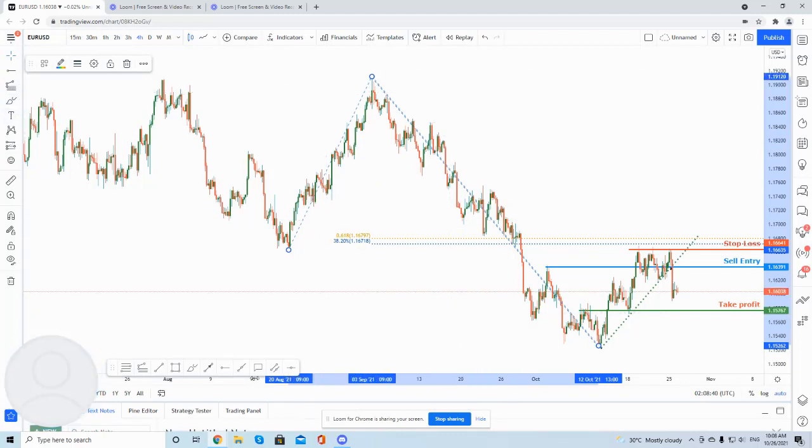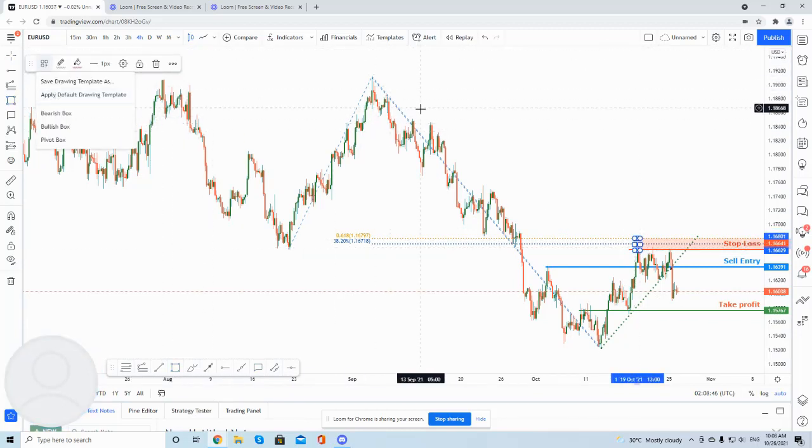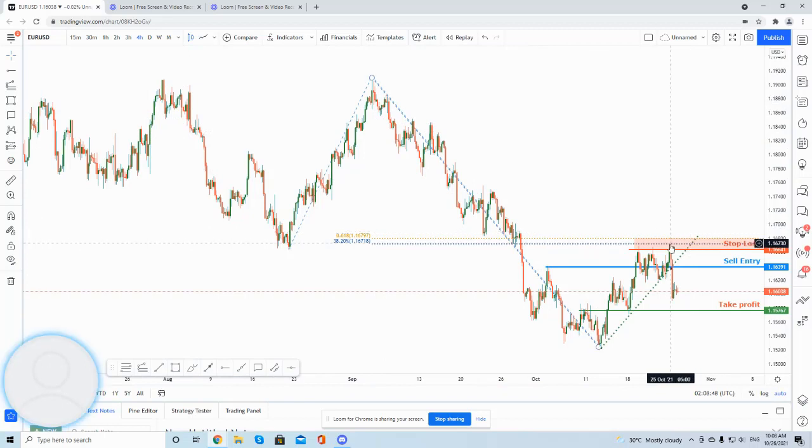So I want to put in our stop loss level, right? This is the bearish box. It's good. So you want to check it on a graphical level. You always have to check your retracement and projection on a graphical level because graphical level is the most important,